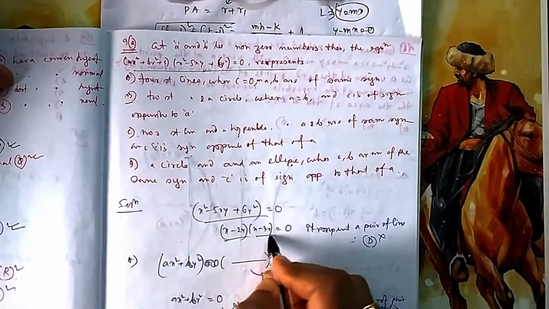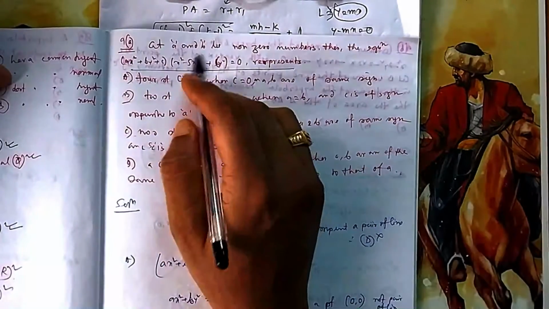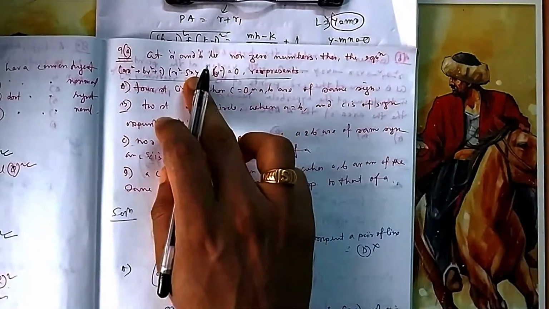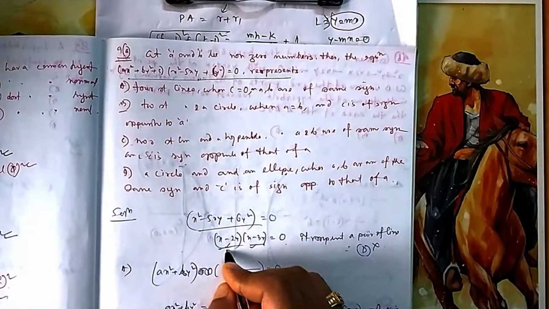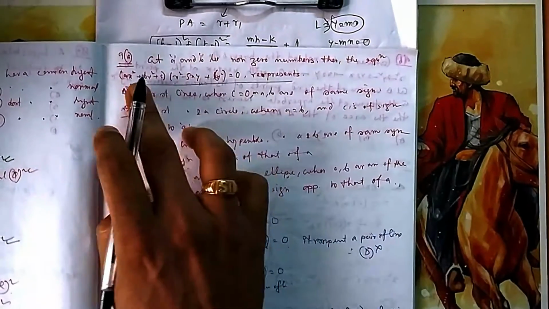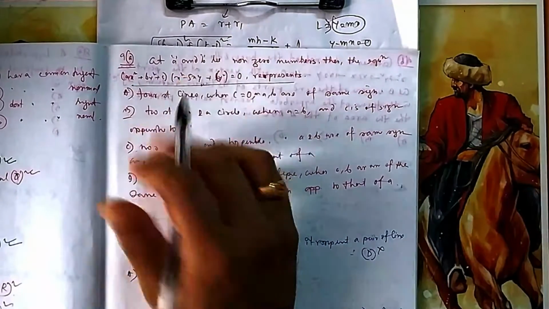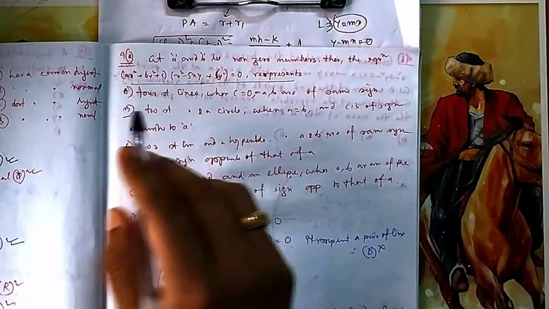If you factorize it, you will get two linear factors. That means this is one straight line, this is one straight line. That means if you can factorize a general quadratic equation, it will represent a pair of straight lines, because one linear factor will be one straight line, another one will be another straight line. So obviously here, because there is x to the power 4, there will be 4 things. So two straight lines will obviously be there, and you don't know